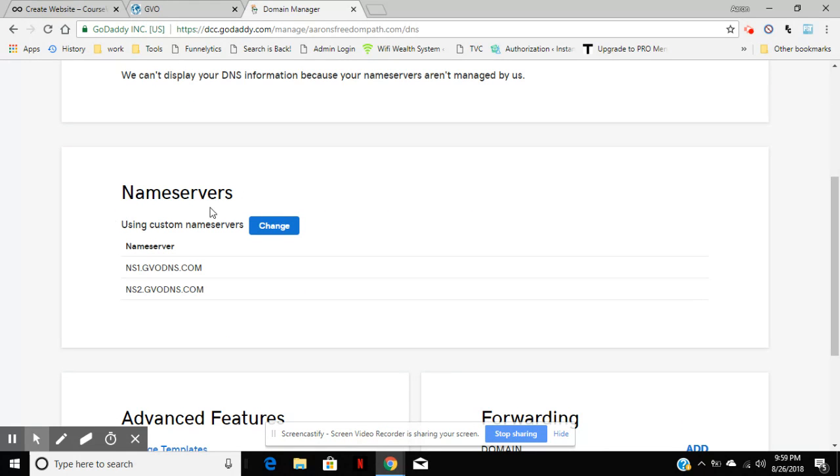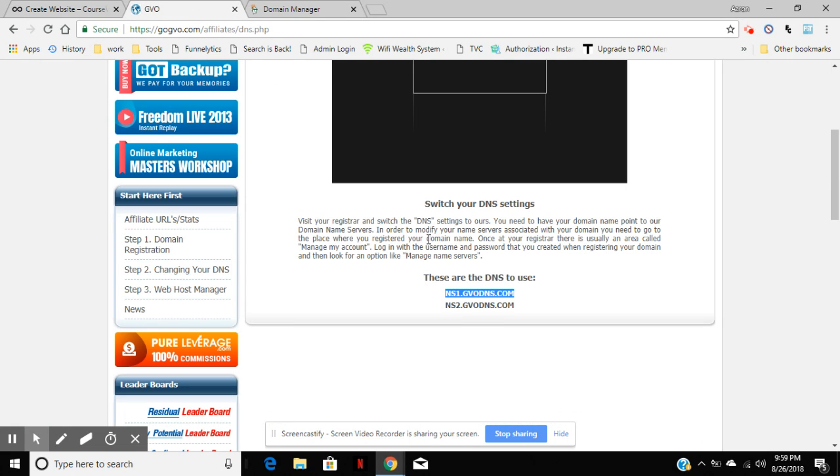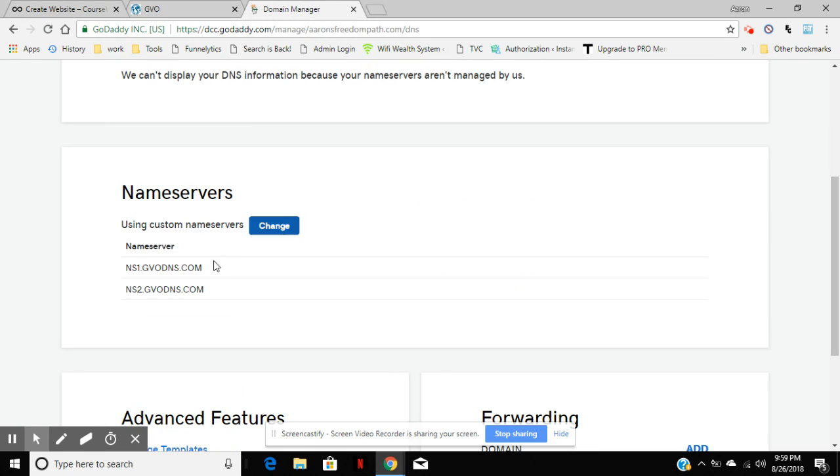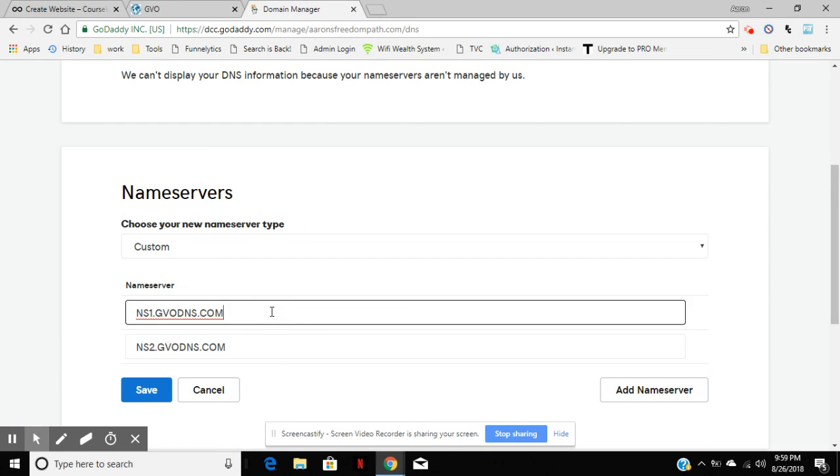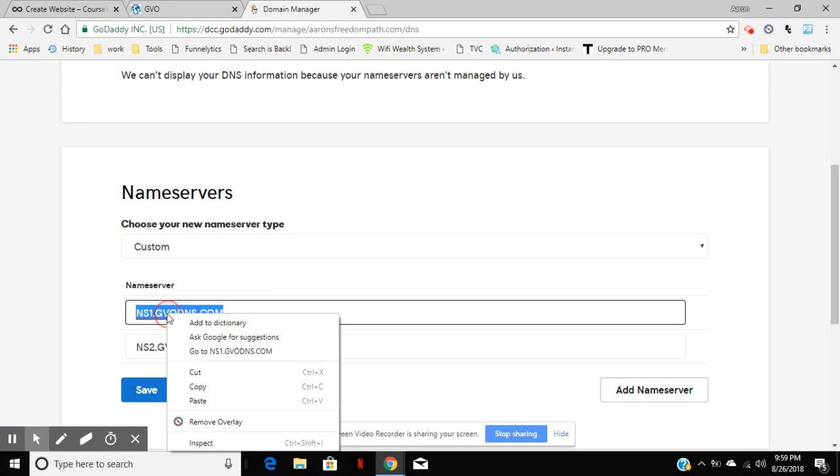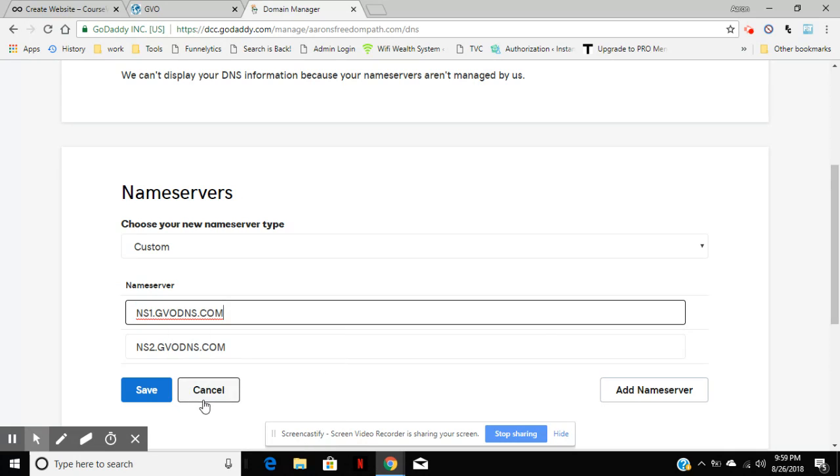Simply go down to Name Server. And you want to go back to this page right here at GoGVO. You want to take the first one, copy it, go back to Domain, click on Change, highlight the first one, and paste it.